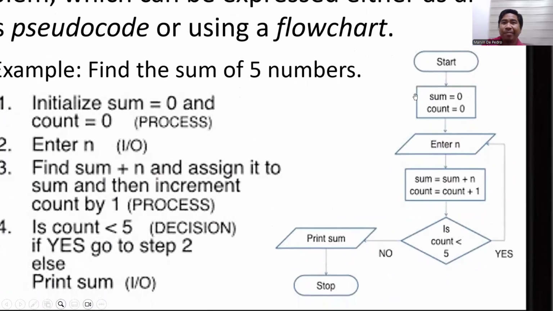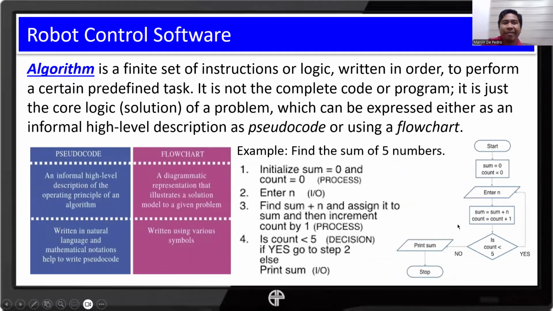Okay. So for many people, flowcharts are a better way to visualize your algorithm. So here's the equivalent flowchart for that. We start and then we state the initial values, and then we allow the user to input the value for n. Once the user has inputted that, it will perform these operations and derive the value of sum and count. Based on the value of count, we decide: if it is less than 5, then we print the sum, but if it's more than 5, then we go back to this part. So they are the same actually, algorithms.